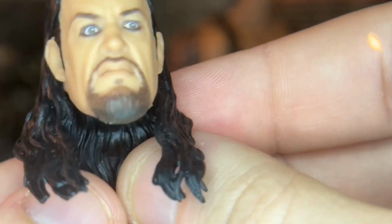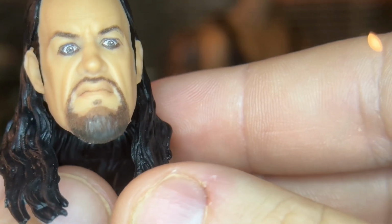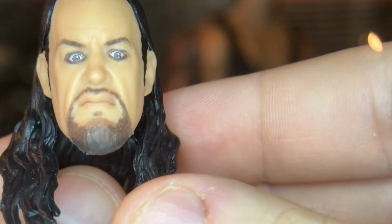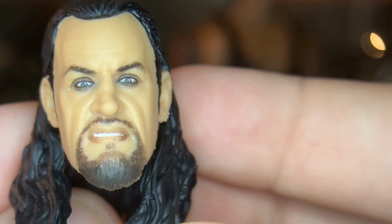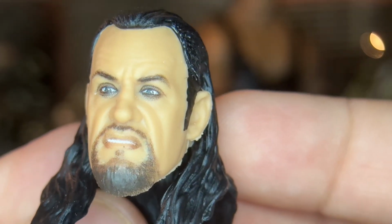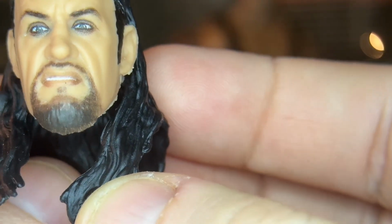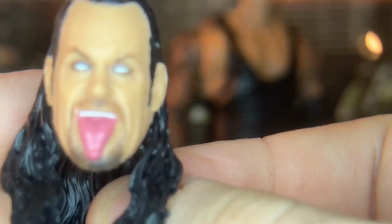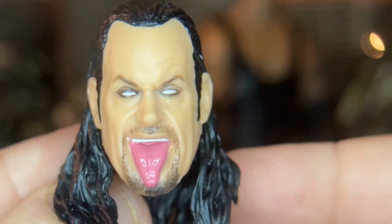This is the kind of head you would have of him just standing and looking at his opponents, burning a hole right through their soul. This one is him showing his teeth like he's about ready to set up for a signature move like the Tombstone or Chokeslam. And lastly, a head that's been seen before, but is still very cool to include,